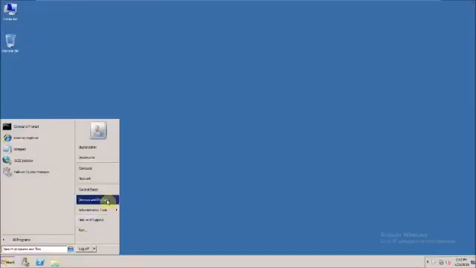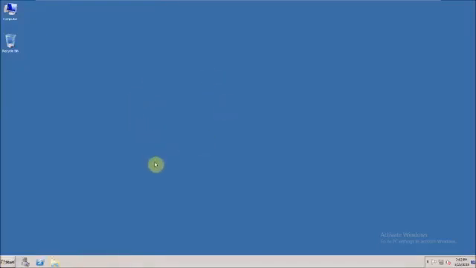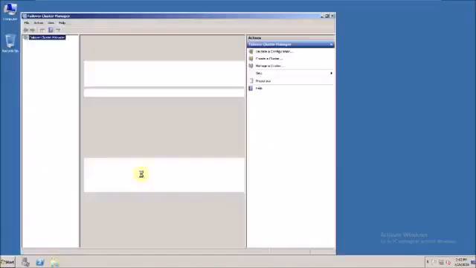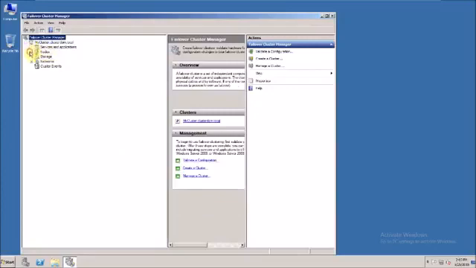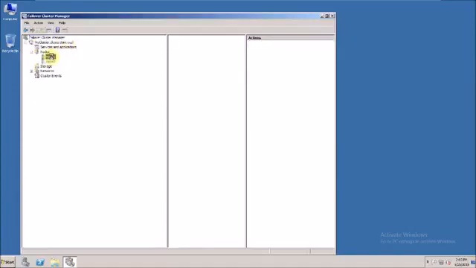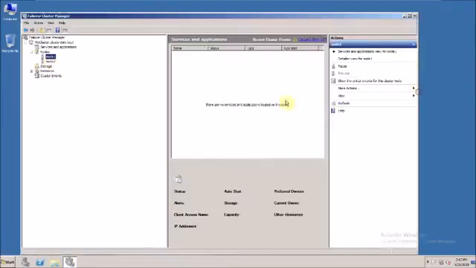So we go to the Failover Cluster Manager, which will now show the name of my cluster. I have given it the name my cluster, which is then part of the clusterdom.local. There are 2 nodes in this cluster, as you can see, and this is the second node, this is the first node,